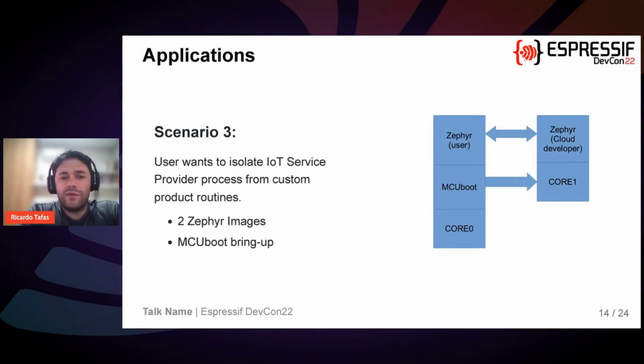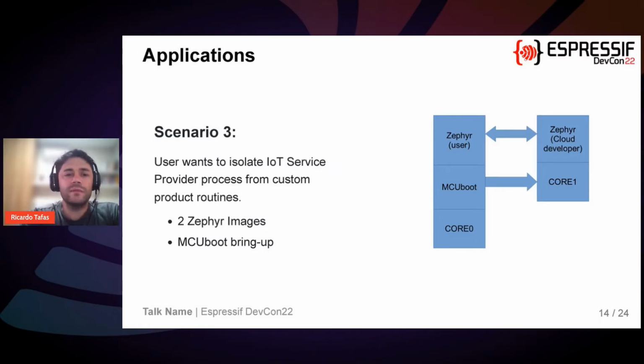The third scenario is when the user wants to isolate an IoT service provider from their custom product routines. So, for example, one user has some form of connectivity from a cloud provider, for example, AWS or Azure, or even Espressif Rainmaker. So they can be using the cloud provider firmware on one core and have it completely